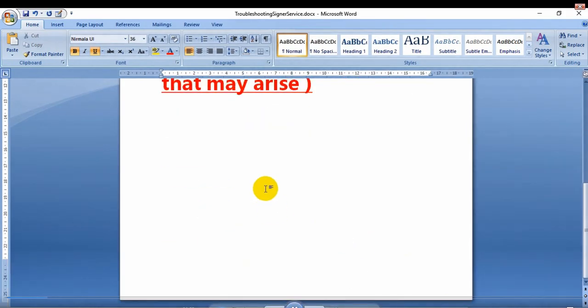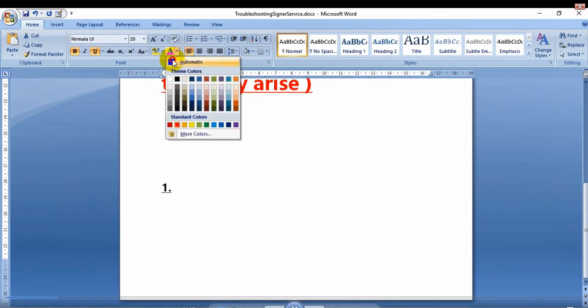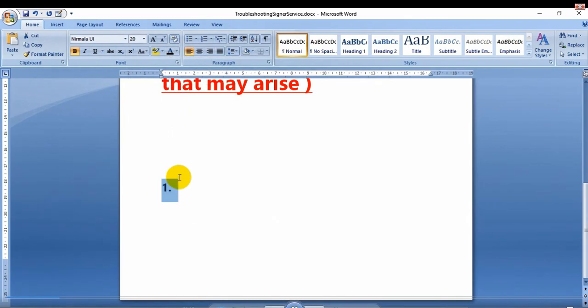So, we will see one by one all the problems. In this document only, I will write, not going to any browser. This is a very important video. So, the first problem that may come to us, let me decrease the font to 20 and make the color black. Okay, it will look okay. So the first problem we may face is we will get this message. I will write here: service is not running after successful installation.